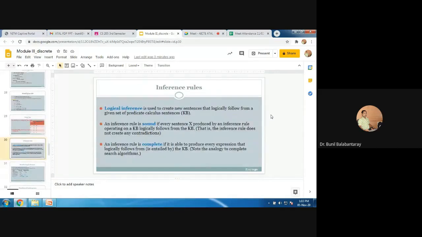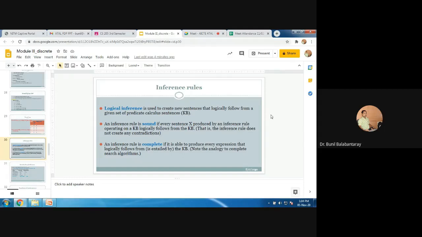So whenever we are going to develop a particular inference engine, generally inference engine is an important part of fuzzy logic system. In that case, we have different kind of inference procedure, right? One of the example is modus ponens, which is an inference rule. So logical inference is basically used to create new sentences that are logically derived from the given set of sentences or inputs, and the inference rule is said to be sound if every sentence X produced by an inference rule operating on a knowledge base logically follows from the knowledge base, and it is said to be complete if